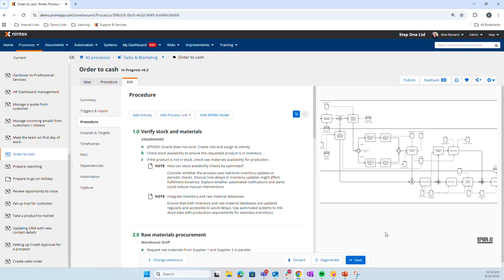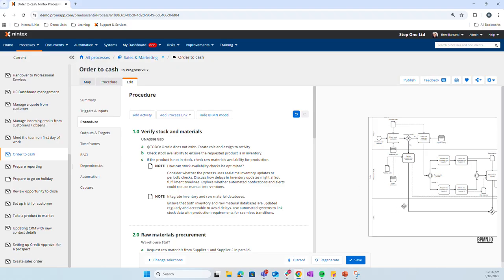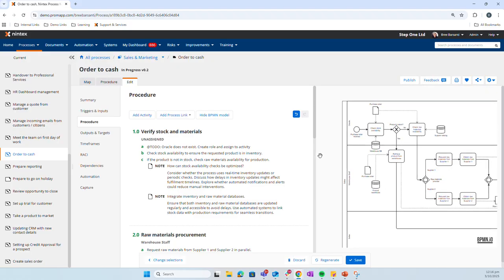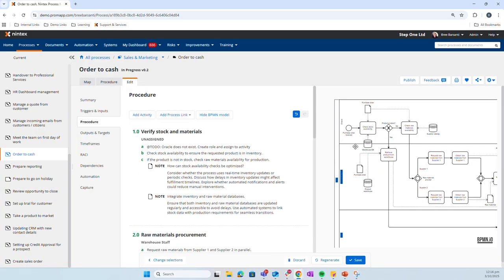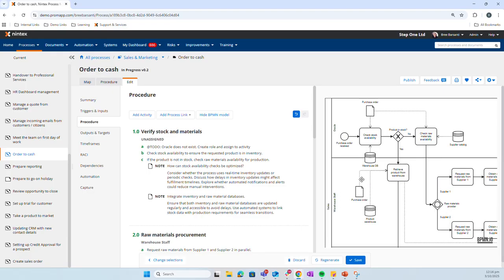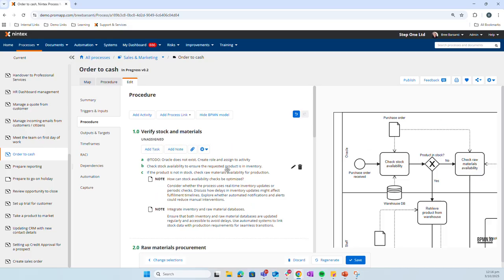I can really easily drill into that particular BPMN file and start to look at what we've got generated. So we'll scroll back up to the top and take a look at this. Now I can see Oracle sitting here in the swim lane, purchase order received, check stock availability. There's a warehouse database as well as a purchase order here, working across a couple of these activities. What we have is that being